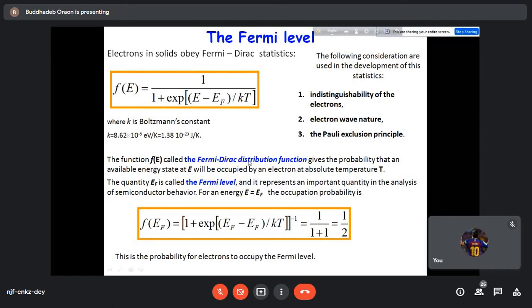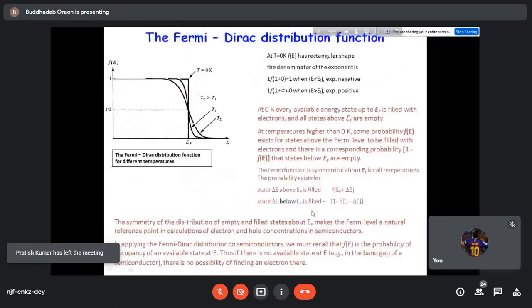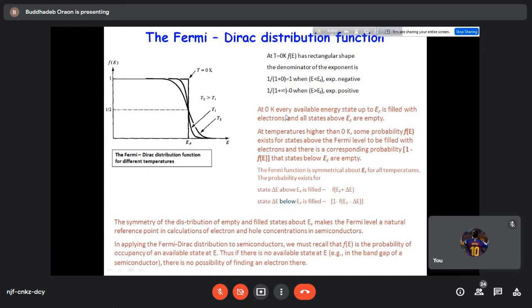So the function F indicates the occupation probability. If the occupation probability of an electron to occupy a particular energy level is 50%, then that particular energy level is called the Fermi energy level. It has some more definitions also. This diagram will explain it in a better way, because it gives you a representation of the graph or the function